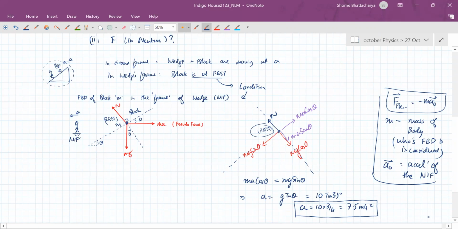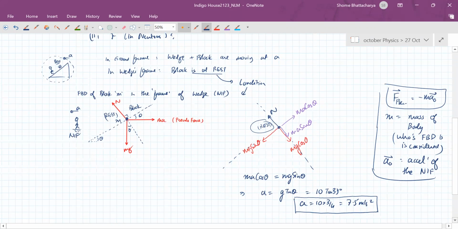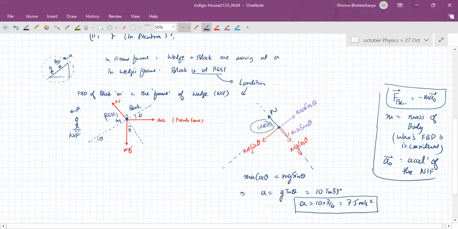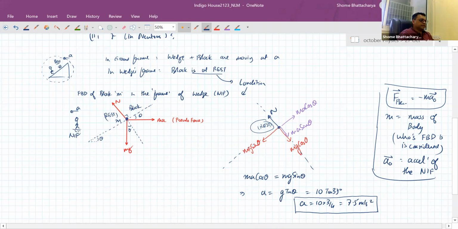So in that equation, instead of ma I directly put an F over there, so I got it a bit wrong. But you can understand that F is not acting on the block. F is acting on the wedge. Okay. What is acting on the block is only pseudo force, its weight, and normal reaction.